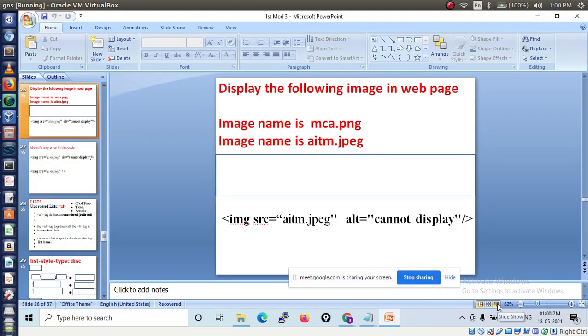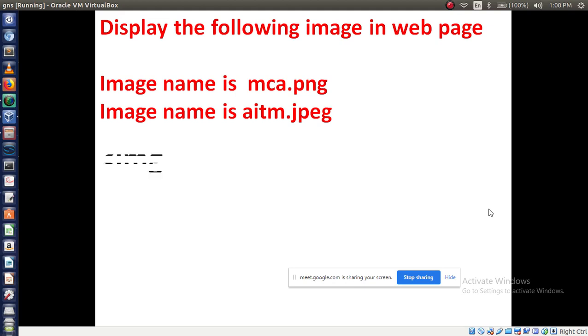Now, how to write code for this? Please guide me. I want to display an image like this. The image name is mca.png. So how to write the code? First I am using the image tag, img.